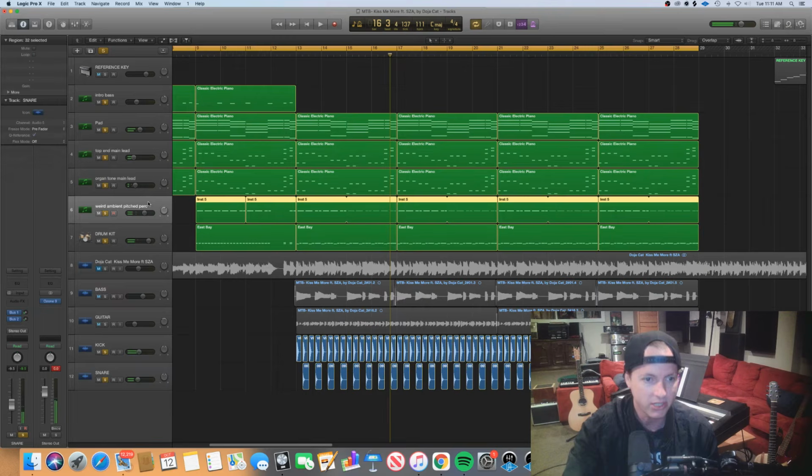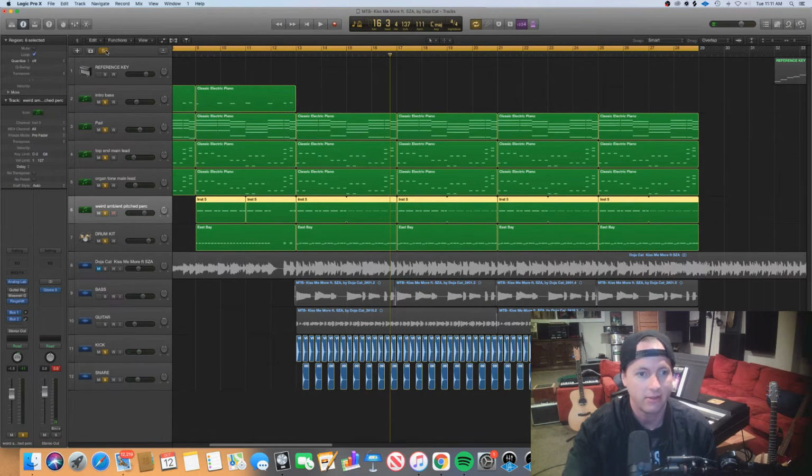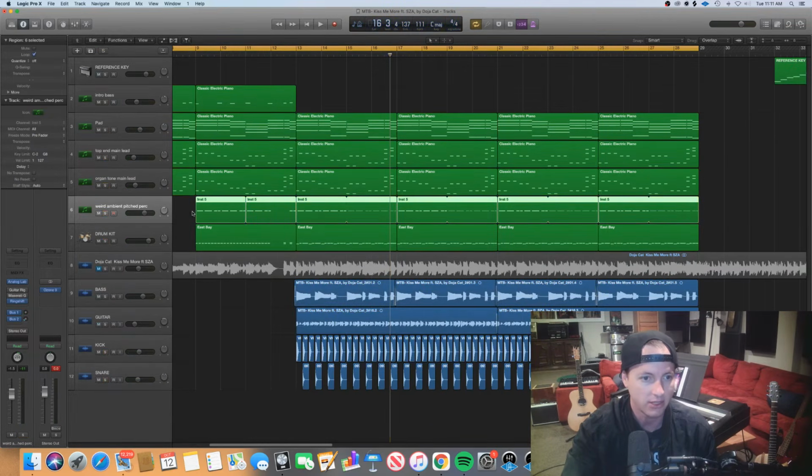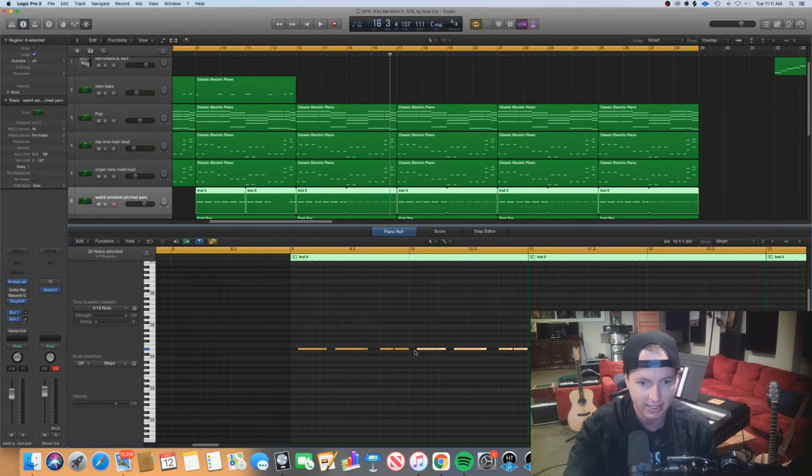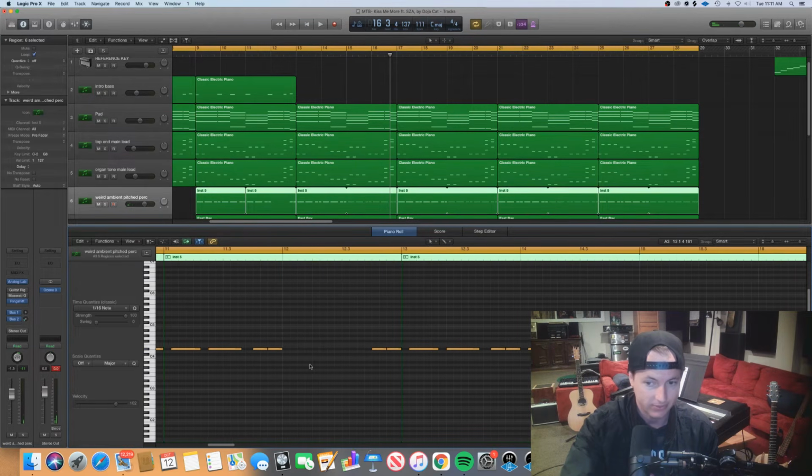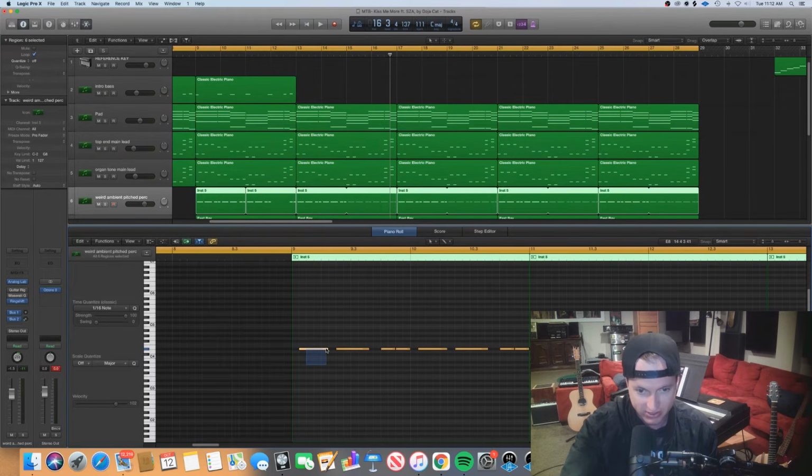Cool. One additional thing I wanted to talk about, or layer that I just glanced over, is this, I'm calling it the weird ambient pitched percussion. And what this is basically a patch that has a lot of movement in it already. I'm using an Arturia patch. It is happening on our 2nd note. So that's kind of interesting because this is different than the 1. So from that pitch, it makes it like a major 9 chord,